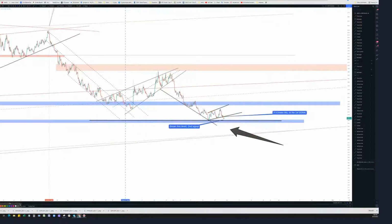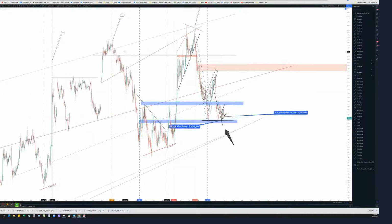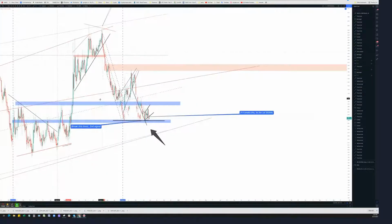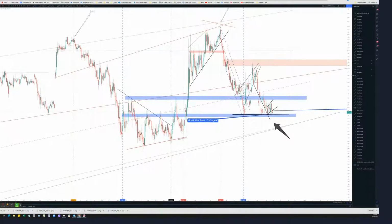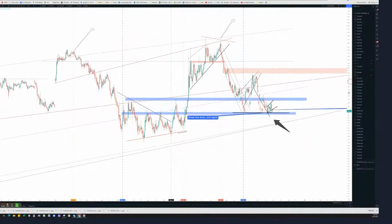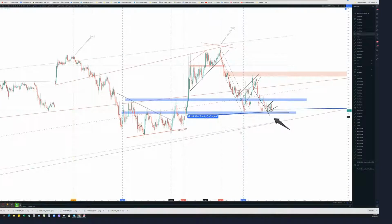So here's your treat. Let me go to the daily. Shrink a bit. So this is my second signal to break. This was the Bitcoin dominance area. Oh, it's on Bitcoin all-time high. Actually, I'll do this instead. This was Bitcoin's all-time high. And you can see there was a triangle. And when we broke that,